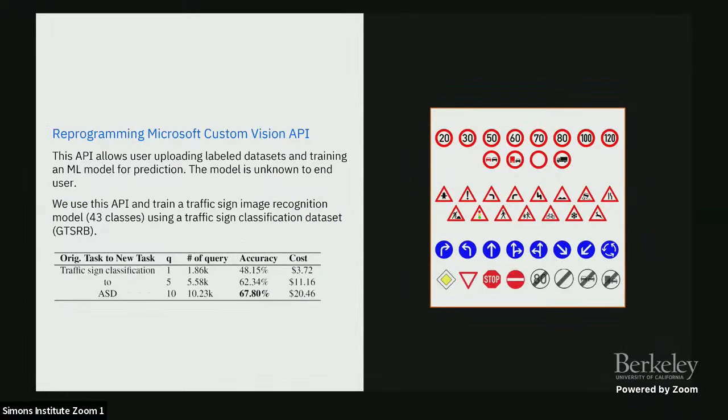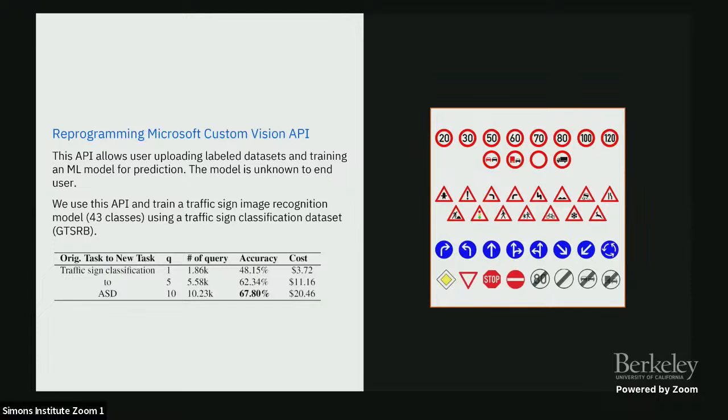And as I mentioned, this method also works for black box models. One interesting experiment that we did is upload a traffic sign classification data set to the Microsoft API, an auto machine learning setting where they give us a model to predict images with these traffic signs, but they do not let us know the model architecture or the weights.